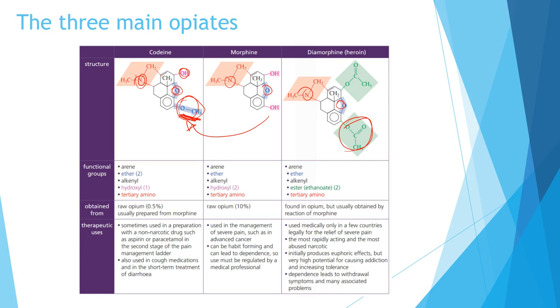So codeine is typically used in, you might have seen Panadeine or Panadeine Forte. It's used when we have stronger pain that needs to be managed, but usually still self-administered. Okay, and it is also present in cough medications to suppress cough. It can also be used in the short-term treatment of diarrhea because one of the other effects of opiates, so